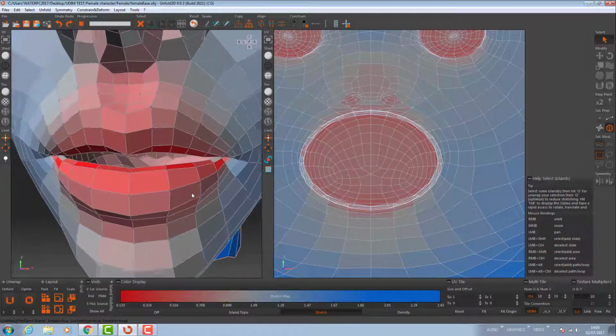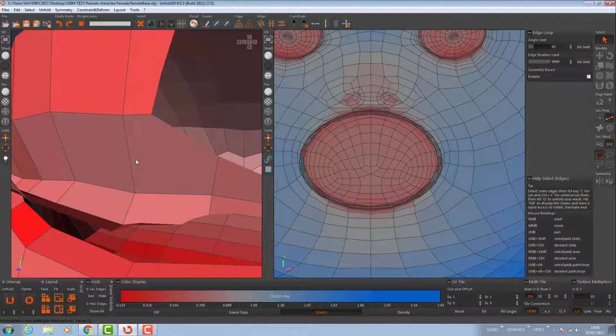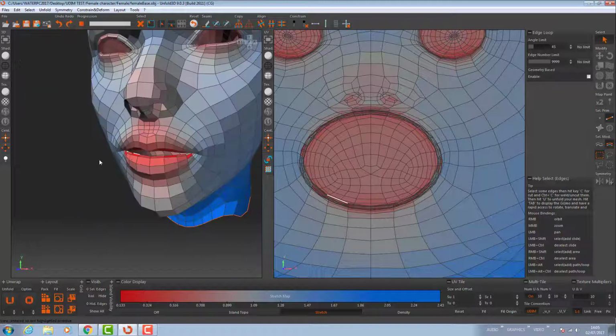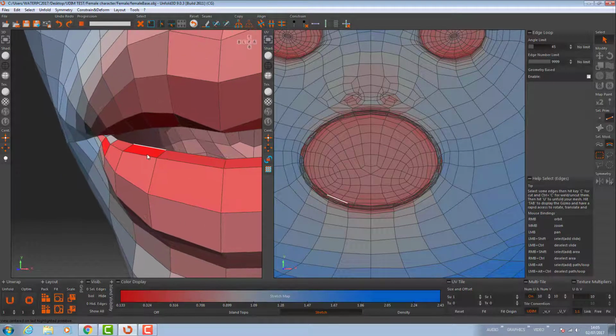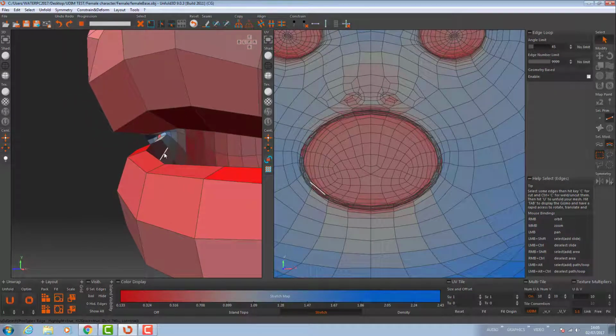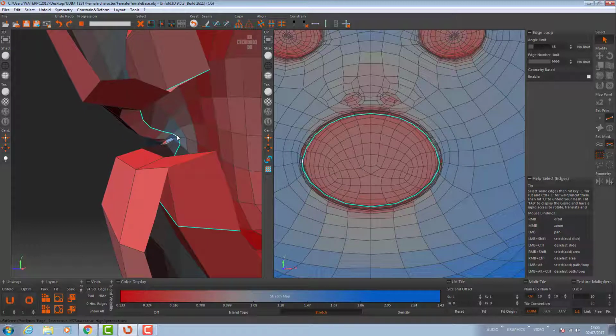We can get right up close there, and I'm going to select my loop selection tool. I'm going to go on the inside of the mouth. A particular feature which is good about this is that wherever I place my cursor on an edge, I can press the F key, and it will create a focus of attention, a pivot point at that particular area, and that's very nice to be able to do. Then I can select loops as I need to around the area. You can see here we've got a loop, and the loop needs to be continued all the way around. Press the cut